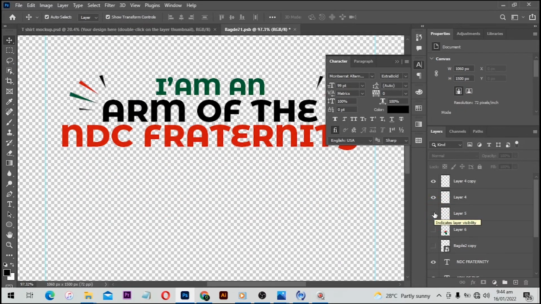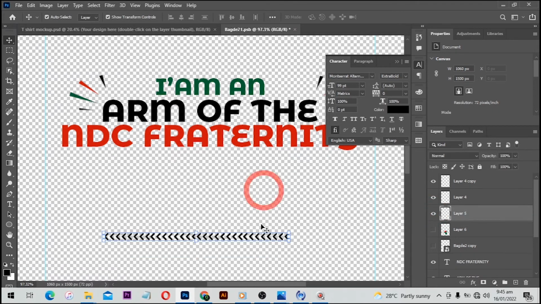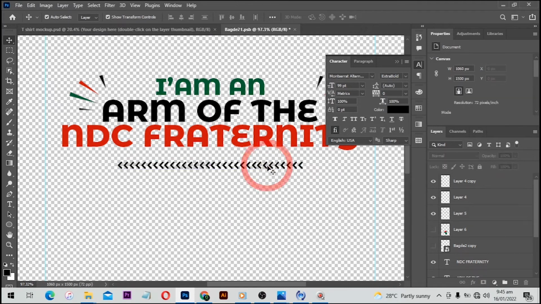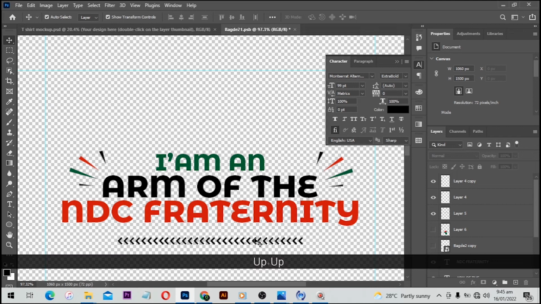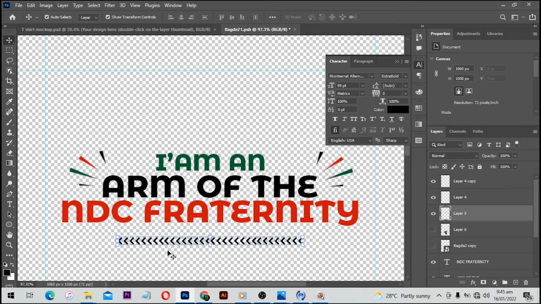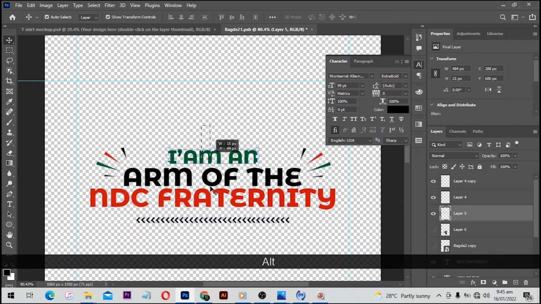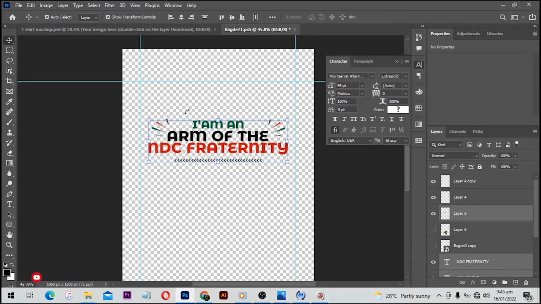Next, I'll open up my layer that has this shape, and I will click and drag the shape here. To make everything simple for you, I made this shape so that you can use it and follow along easily. And I'm going to leave this one for you so you can use it in any of your projects that you will embark on. Alright, so this is our back design.